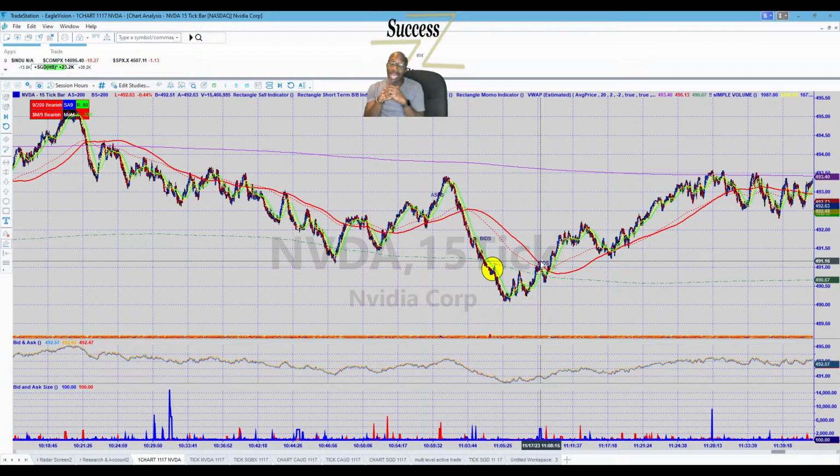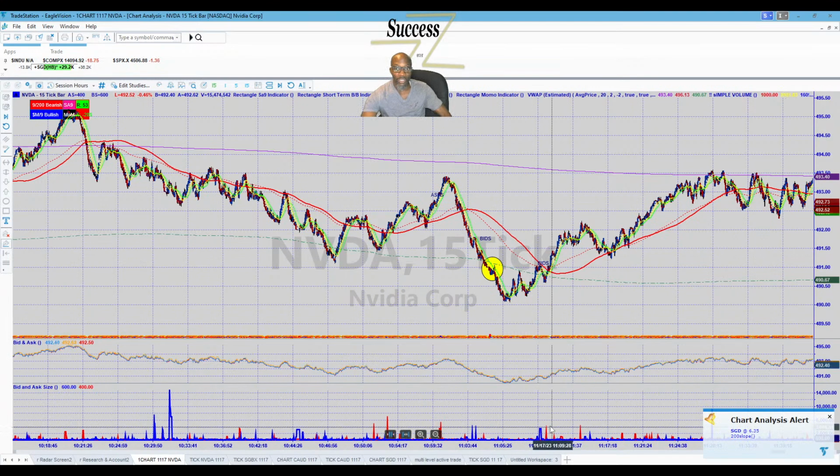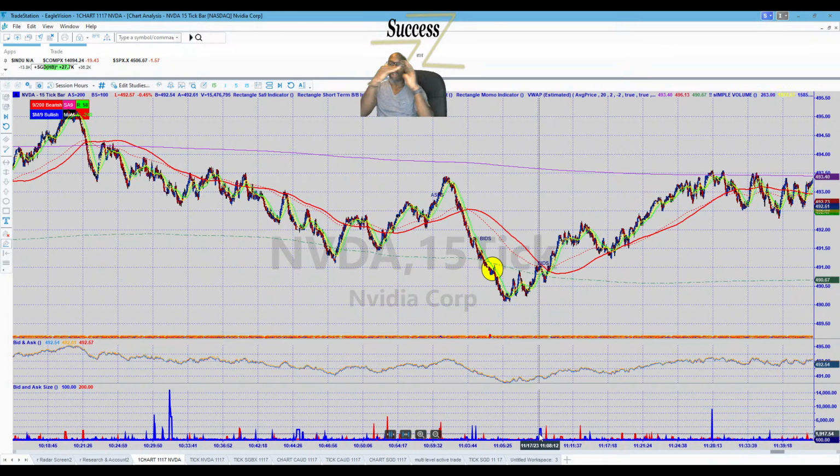So when you're buying and asking for the price or lower, if you're able to move the market and you have a lot of shares and put in a larger limit order, then when it hits your price, now you have so many shares that